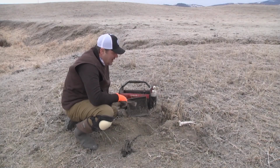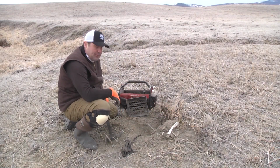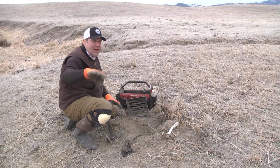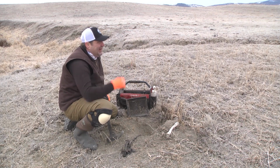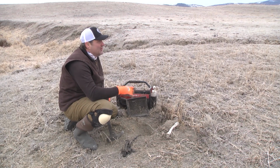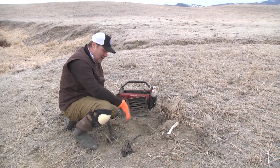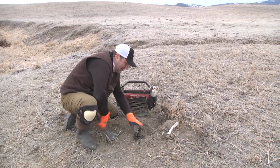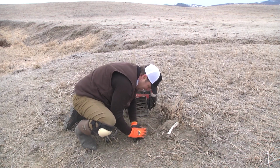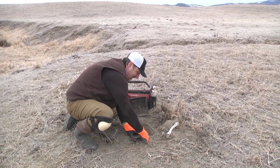I got my hole dug. I found this bone. We're going to use that as a backing, but we're going to put a Duke 550 in here. This is going to be a good travel way. They're going to work down through here, and it's really awesome that we actually just saw two coyotes running across the top. So we know there's coyotes here, and I got my stake pounded in the ground, and we're going to set this Duke 550 and bed that in,